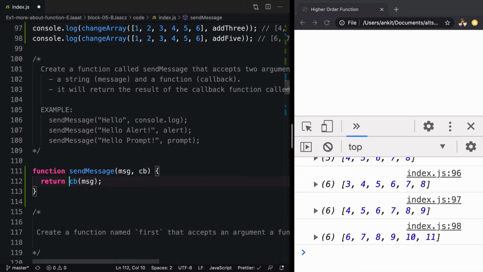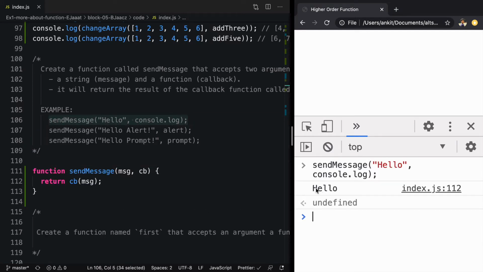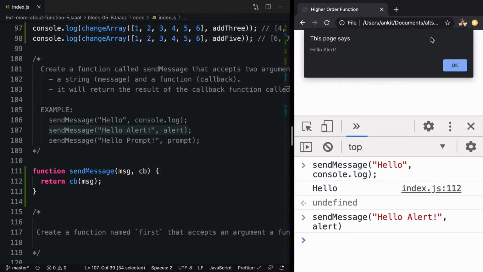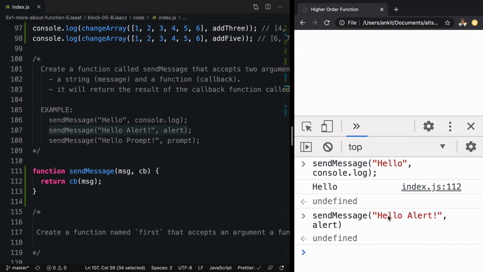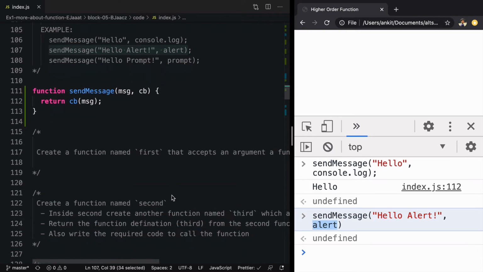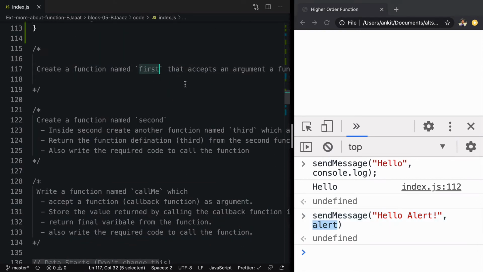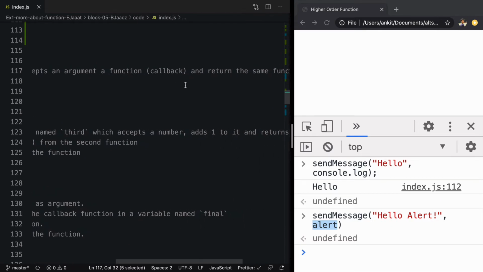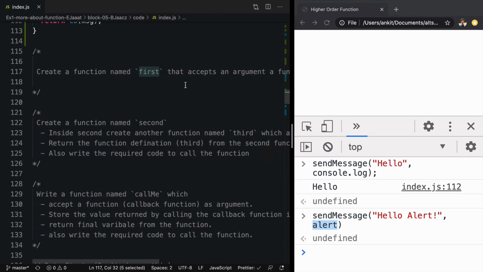So we'll say return, and here to test it we'll go ahead and call this one. Here the message is hello. Similarly, if we want to do this, we'll copy it and paste it here. It alerts the message. Even if we are saying hello alert and we are passing just alert from here, it is working.